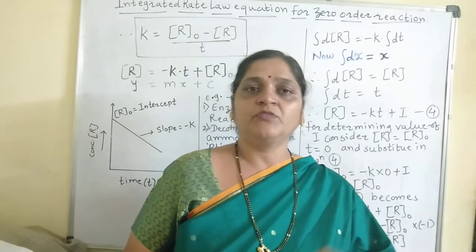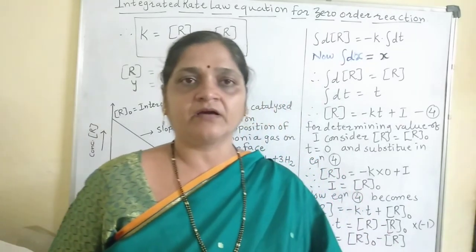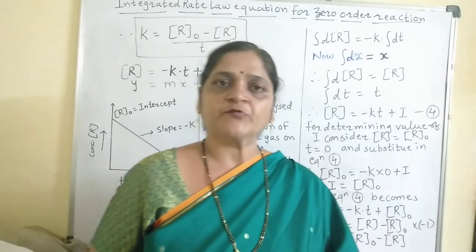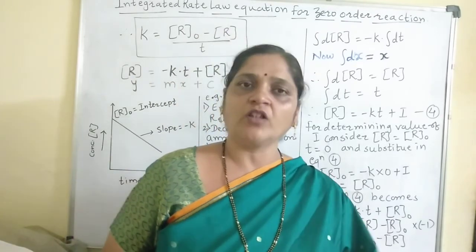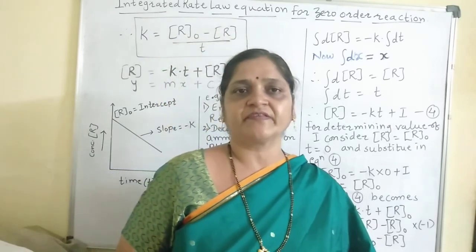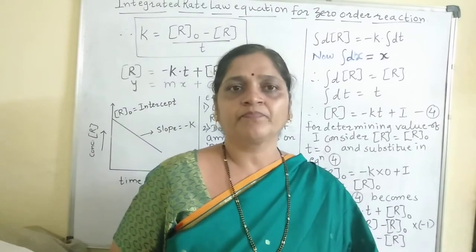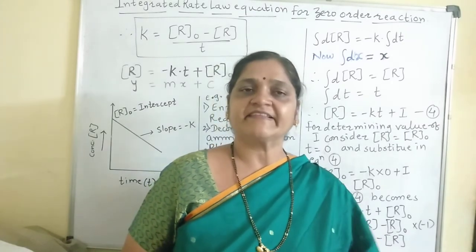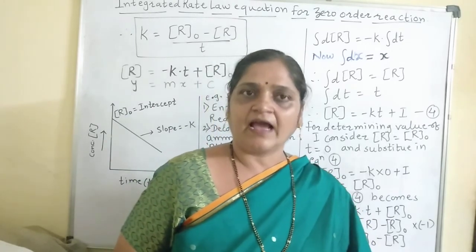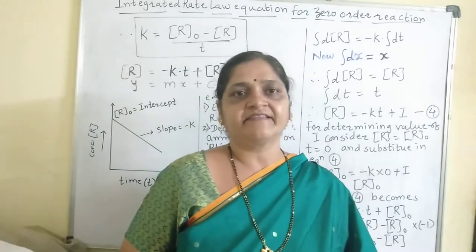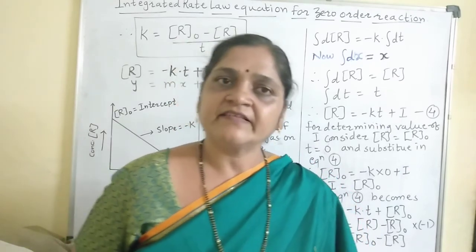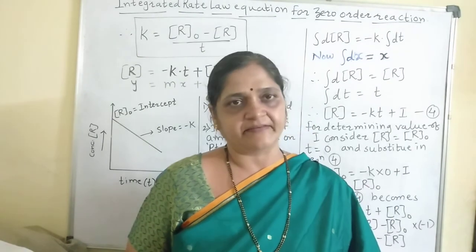Now if you are taking a huge amount of HI, but the gold surface is so small that it will not accommodate all the molecules, then the remaining molecules will not undergo the decomposition process, whatever huge concentration you have. Only those molecules which get settled on the gold surface will undergo decomposition. And that is why the rate of the reaction is independent of the concentration of HI. And thus it is also a zero order reaction.